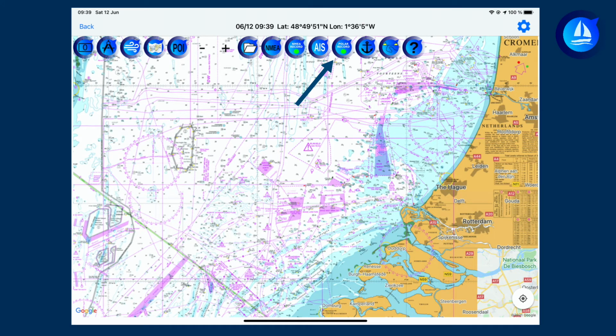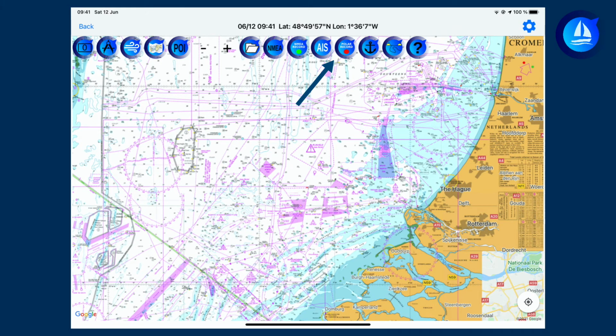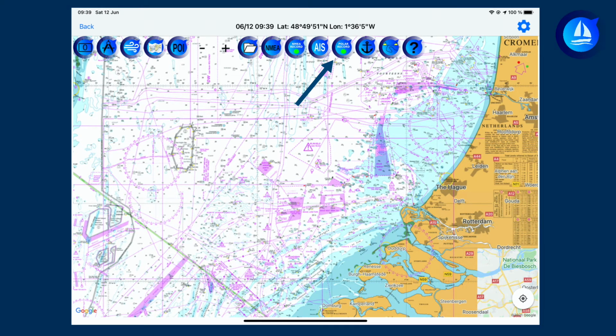Now back to the navigation module. You see a couple of new icons that have appeared with version 5.2. If your box is connected to an NMEA, the AIS symbol is in white, and you have a new icon to the right of this AIS icon, which is Polar Record. Polar Record is green when the system is ready to record the data. Click on this icon to start recording. The button now switches to red. Click again to stop recording and the icon switches again to green.